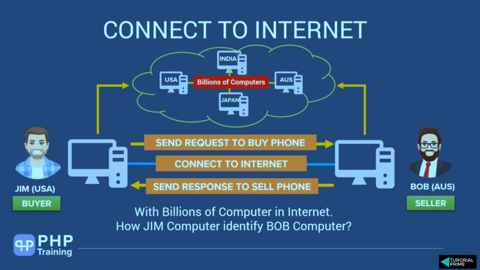Let's understand how this problem can be solved. This problem of identifying computers can be solved via the protocol called TCP/IP. TCP/IP protocol is a protocol used to exchange data. It has some definitions attached to it, meaning you have a set of rules to follow. Once you follow these and you are reachable, TCP/IP will take care of communicating with a specific computer on the internet. So let's understand what TCP/IP is and how you can solve this challenge of how Jim's computer can identify Bob's computer. Let's look into that in the next lecture.